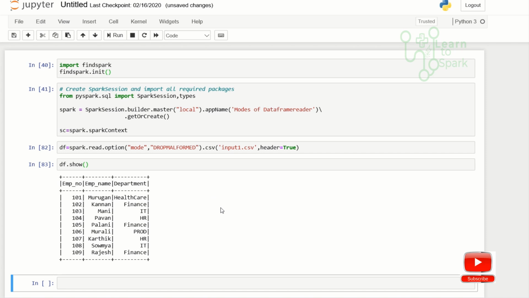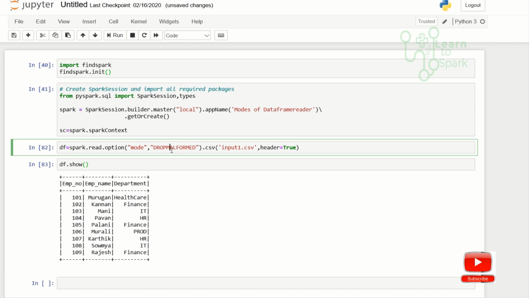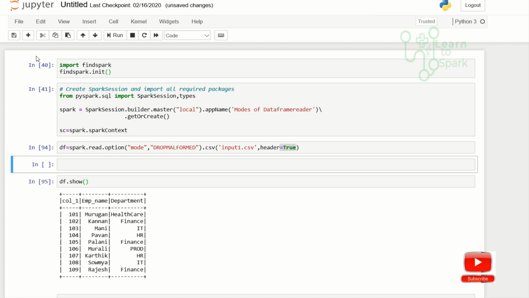So with this we will be able to remove the corrupted records. While we are using the drop malformed mode, it is advisable not to rely on the header in the CSV file. Instead, let the header remain true itself, but declare a schema which can be used here.